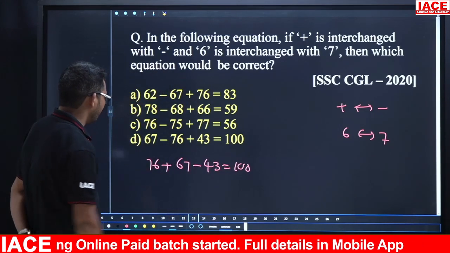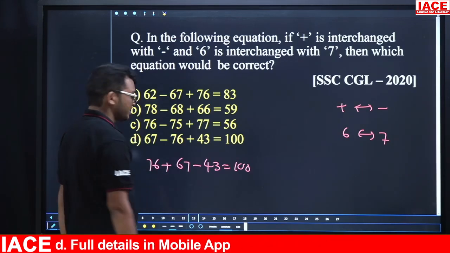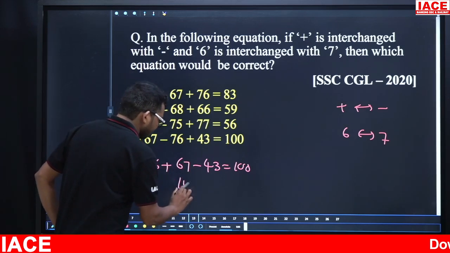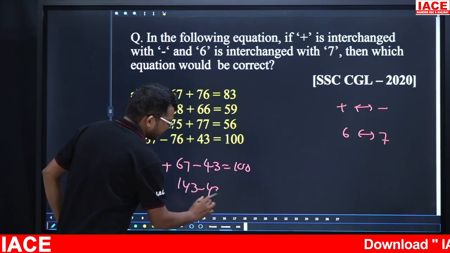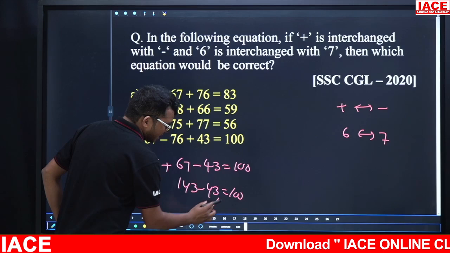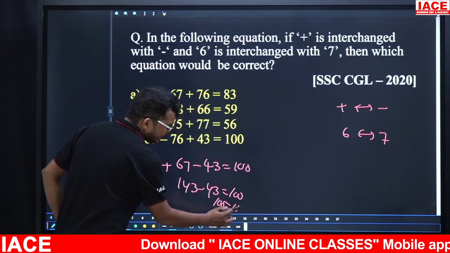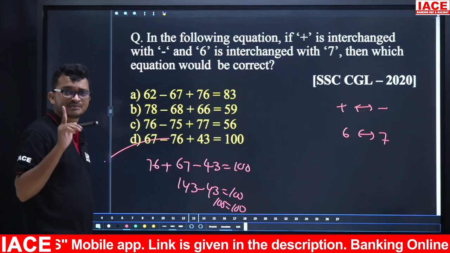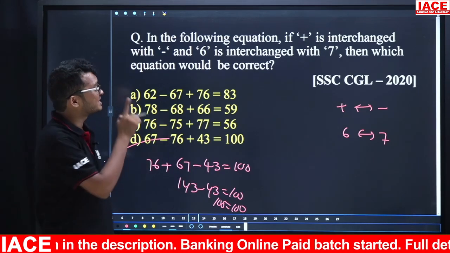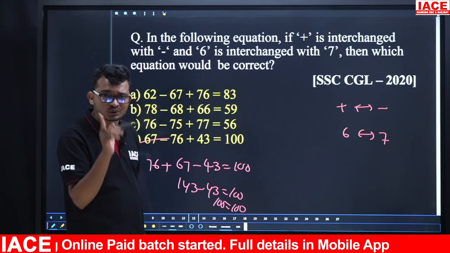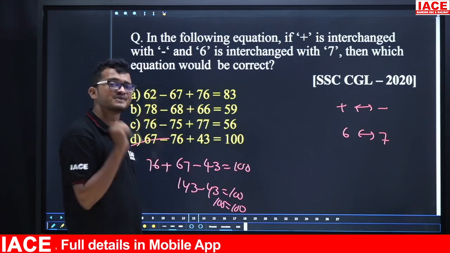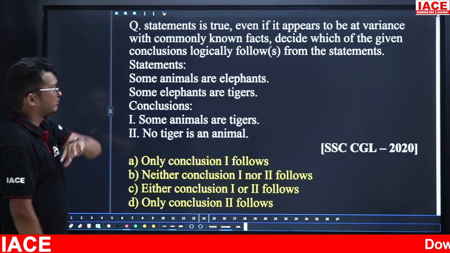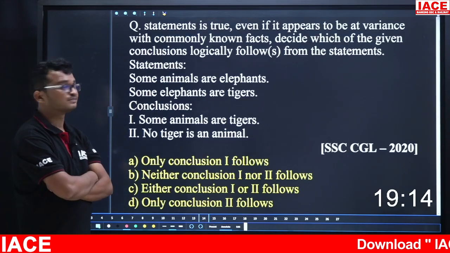Often this one is what? 70 and 60. Total is 130, 137, 143, and 143 minus 43 equals 100. Now 100 equals 100. That means LHS equals RHS by substituting option D. Friends, please remember if they give an interchanging model, simply go through the options from ending to starting. So for this one the answer is option D. Take next question. Your time starts now.